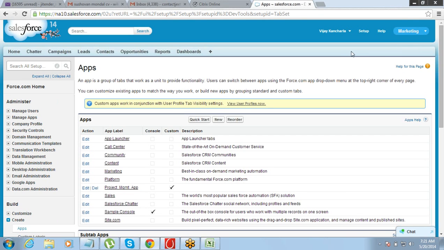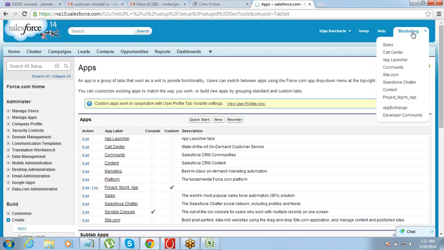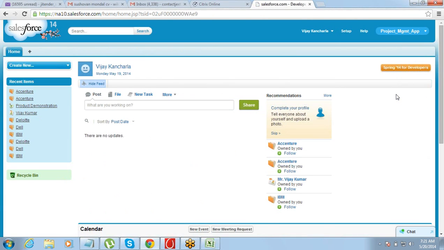Okay. So now my project management app that I created, the moment you have created it, you will see it automatically gets listed here in the apps drop down, top right corner. You go here. At this point of time, I did not add any of the tabs there.